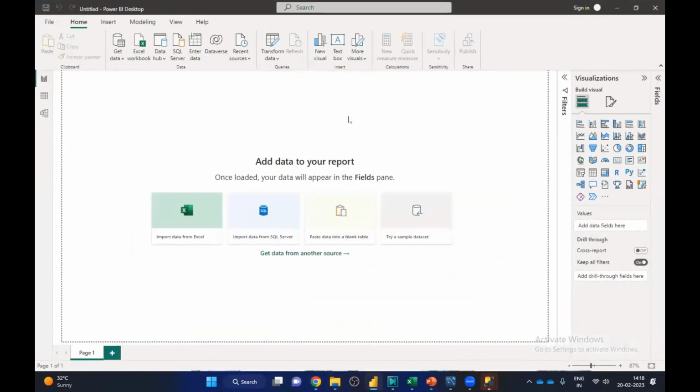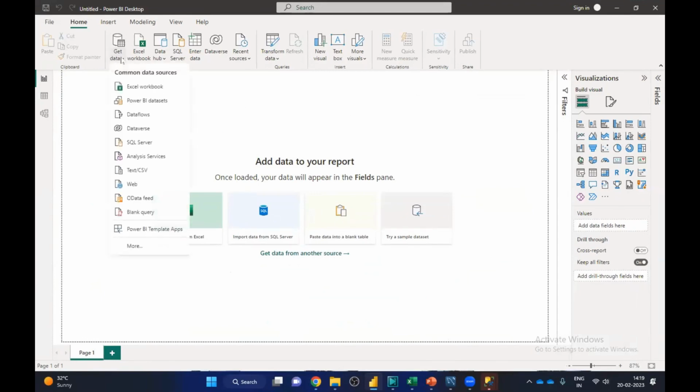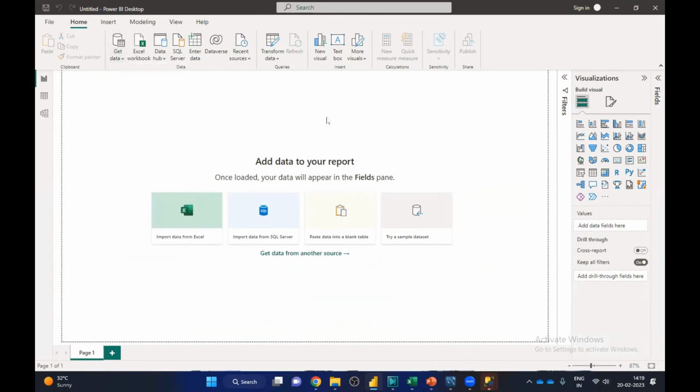We will import these different options. Okay, and one more option we will move on to, that is get data, that is OData. Okay, these are very good data sources for your practice also. I will share the link again. So what is the process through which you will move ahead to import your data